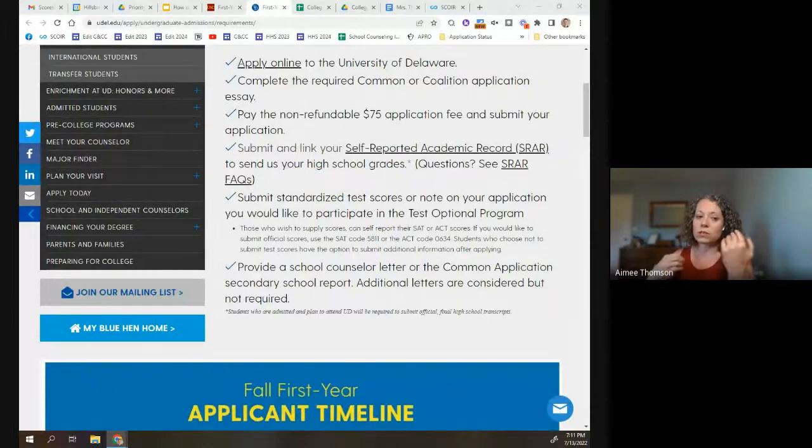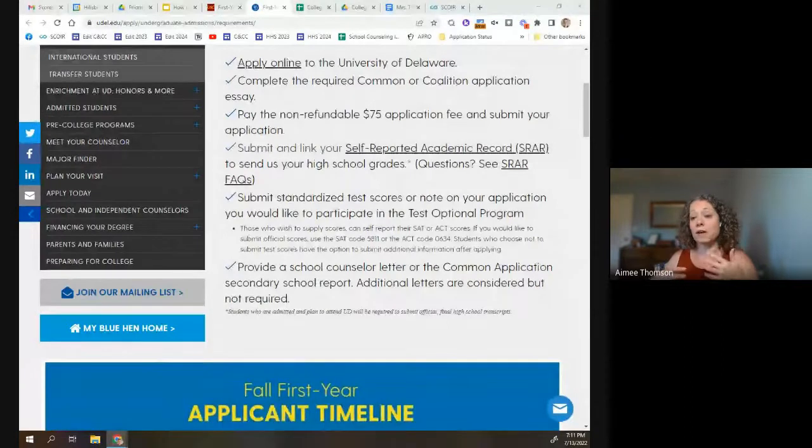For other schools, you'll submit your courses and grades as part of the application, perhaps as part of the Common Application. For other schools, there's a different form that you use. So there's a lot of variation there, and as I said, it starts to get overwhelming quickly. Here, you'll see that UDEL also mentions they've got standardized test scores. So on the application that you apply with, you'll indicate for schools whether you want to apply with scores or without scores. And then if you're applying with scores, you've got to submit them in some way. So it's important to take note of how that is.